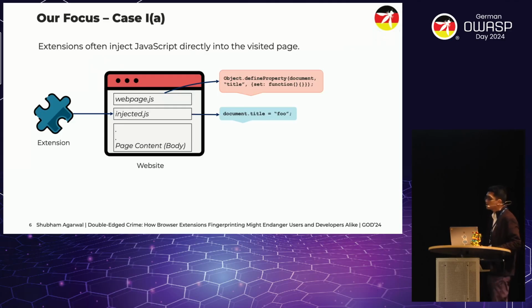In this very example, the injected script tries to write into the document title, but the web page JavaScript has already overwritten the native definition of document.title in some sense. Could this go wrong? Well, actually, yes,